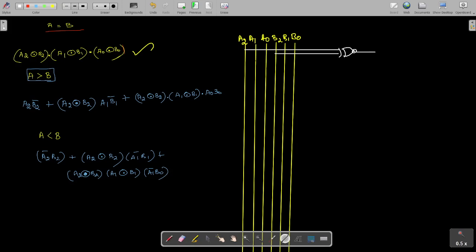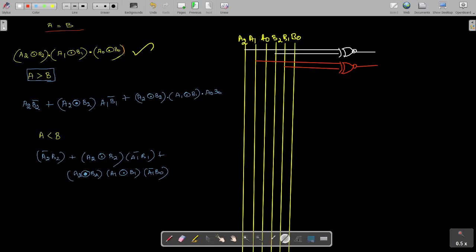So we take the connection from here. This is A1 and then B1. From there I take the connection, and XNOR gate is to be implemented for that. So it is XNOR gate. This is the equivalence gate.